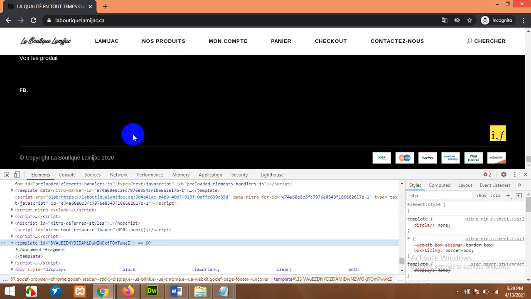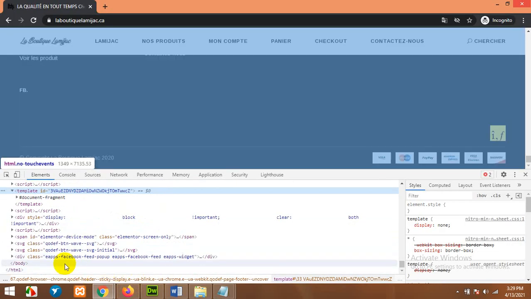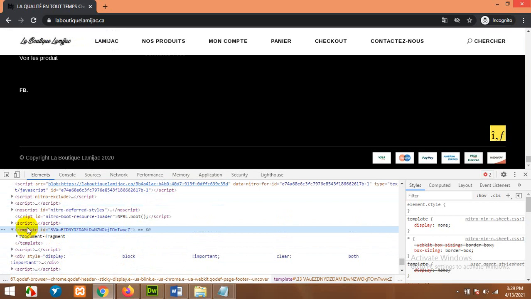So that is why you cannot use plain CSS code for hiding this thing, and you will need jQuery or JavaScript. What I did is get the last item of the template tag, which means that from the bottom it will look for the template tag here, and it will get the ID.